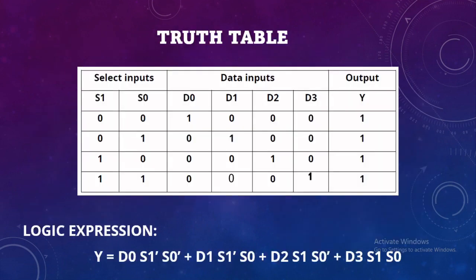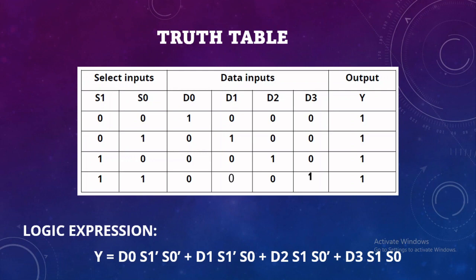So this is the truth table for multiplexer. For every combination of two binary digits, that is S1 and S0, we get the respective output. When S1 and S0 are 0 and 0, D0 will be activated, that is, it will be displayed as 1. So for every case, the output is 1. When S1 is 0 and S0 is 1, that resembles 1, so D1 is activated. When S1 is 1 and S0 is 0, D2 is activated. When both are 1, D3 is activated.